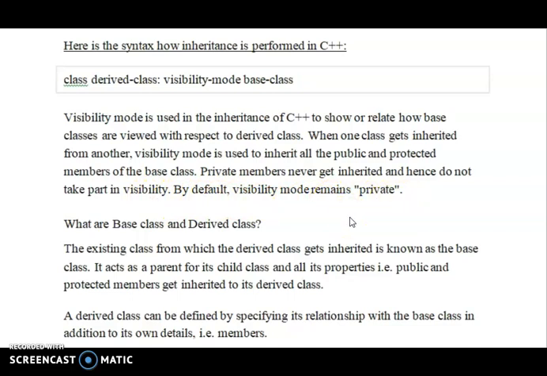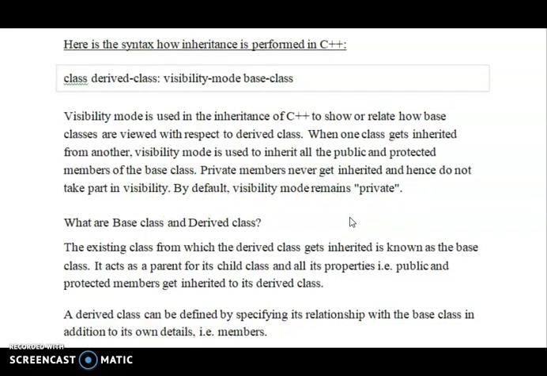What are the base class and the derived class? The base class, the extending class from which the derived class gets inherited, is known as the base class. It acts as a parent for its child class, and all its public and protected members get inherited to its derived class.